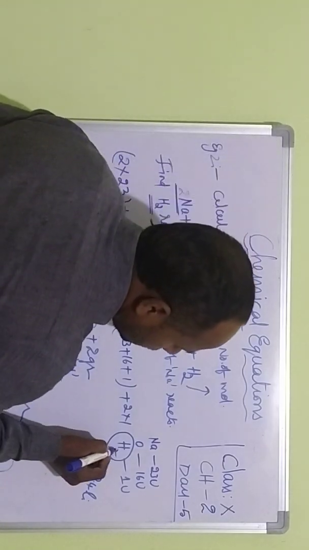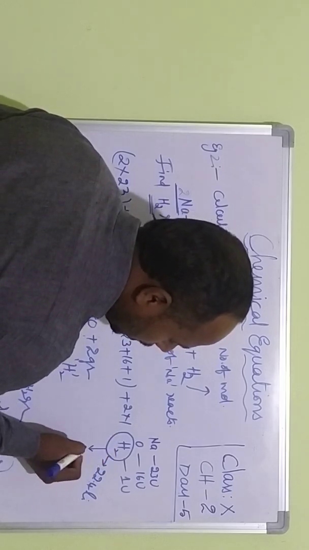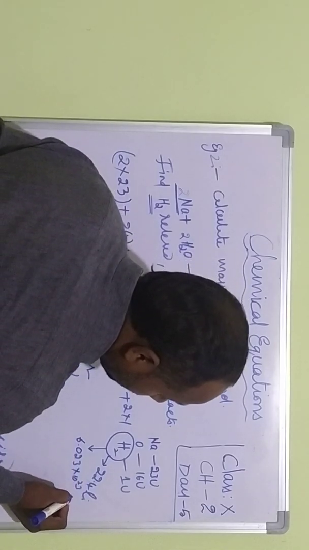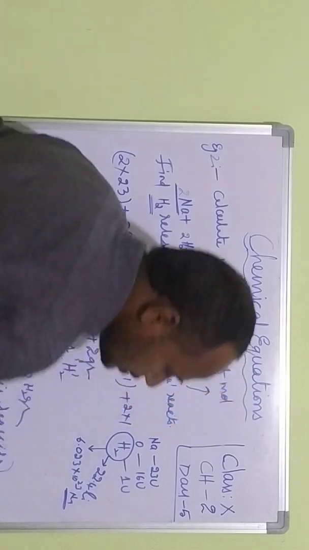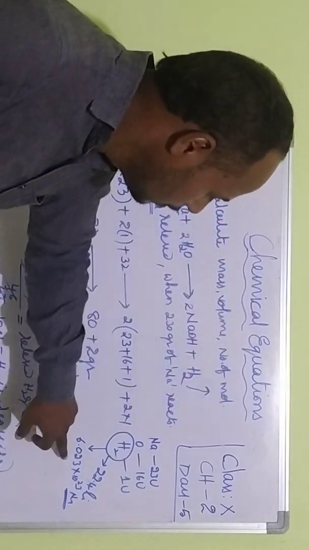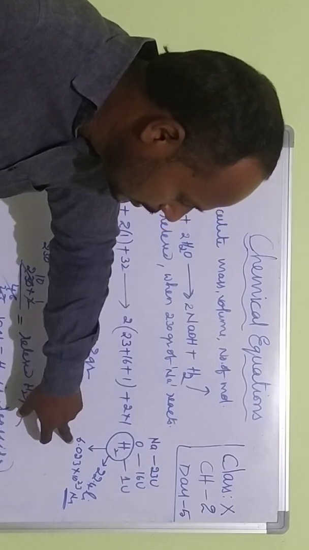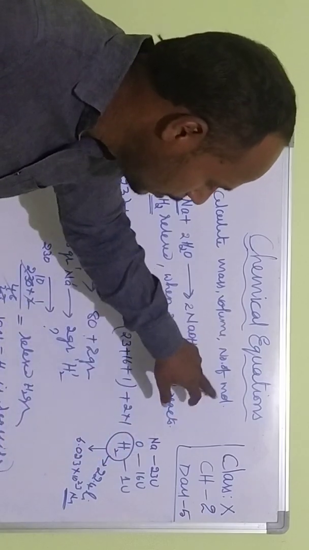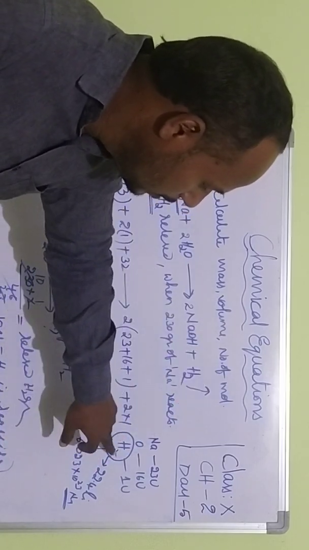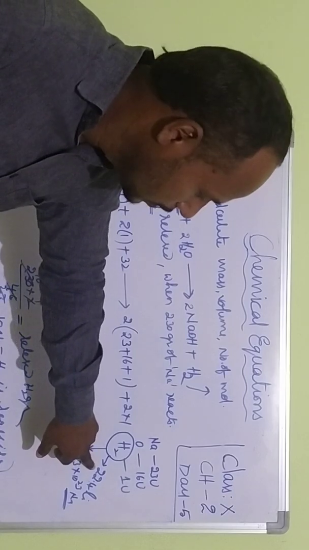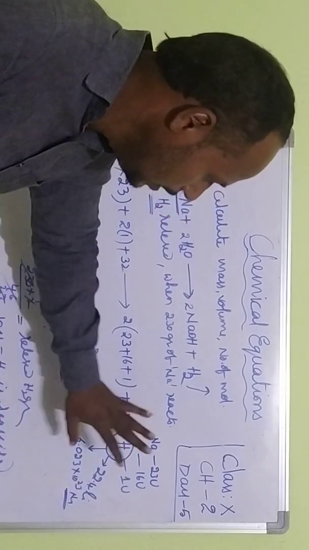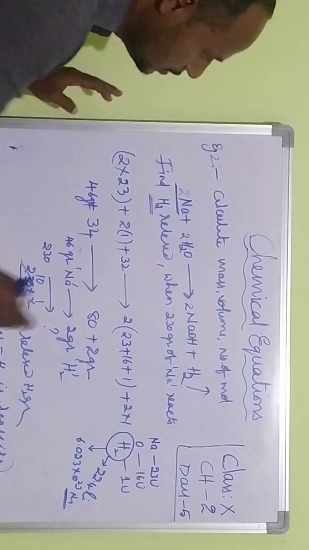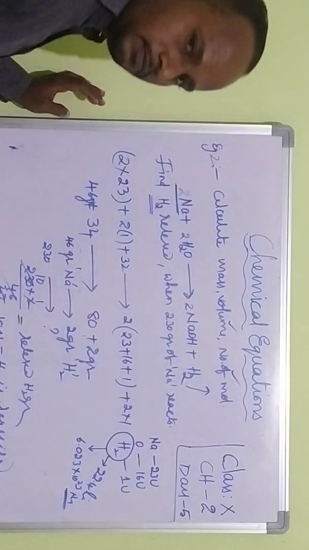And the same 1 mole contains the number of molecules, 6.023 into 10 to the power of 23, nothing but the number of molecules. For example, if it is 1 mole, then this many molecules are present. If it is 2 moles, 2 into this. So this is the number of molecules, and 22.4 is the volume occupied by 1 mole, which depends upon the number of molecules present. After this we are going to find the volume and number of molecules. How to find, we'll see.